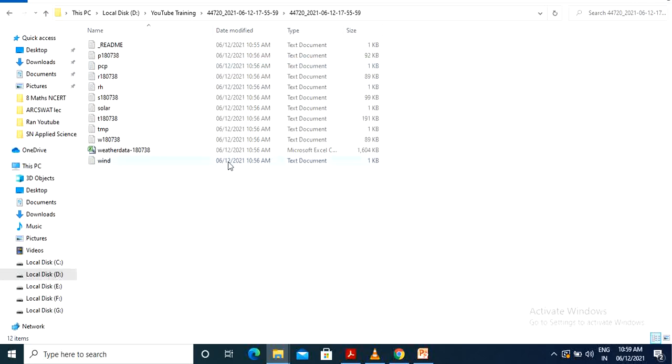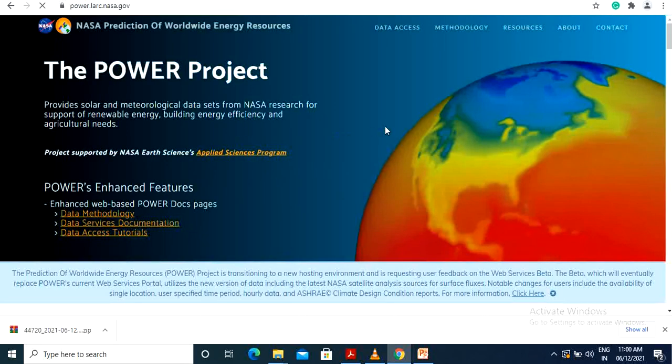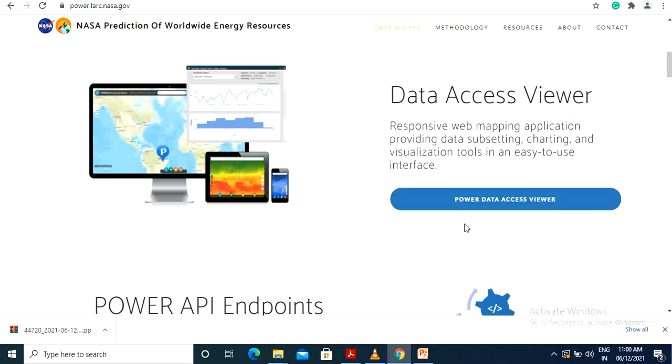Now by the second method, that is by using the power.larc.nasa.gov website, let's see how to download weather data. For that purpose, search on Google power.larc.nasa.gov and click here NASA Power. Scroll down and click here Power Data Access Viewer.